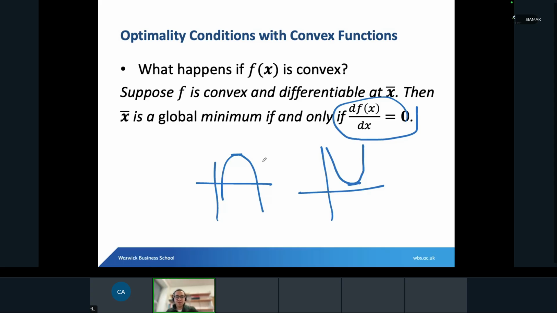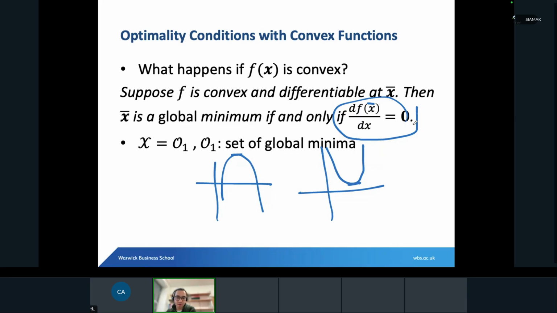So if we know that the function is differentiable, first of all, and it is convex at some point x bar, that's the global minima if and only if the first derivative for that specific point is equal to 0. I have to change the slides for all of them, it should be x bars, because we're talking about this specific point. So what we will have here is local minimum and global minimum will be the same, and it is the global